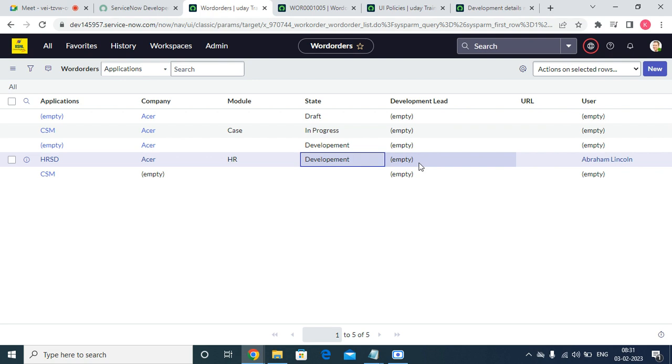So till now, what we discussed, does anyone have any questions on the data policy before going to the next topic? Very good. Next thing, what we can do here is,